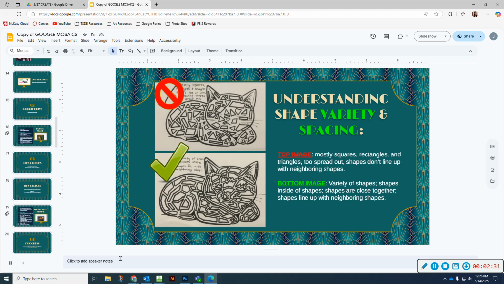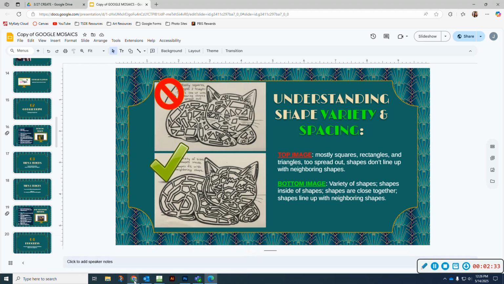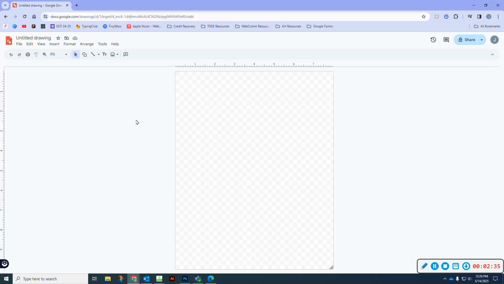How we're going to get started is you're going to, in Canvas, pull up that external link, and it should pull up a blank Google drawing. We're going to fill in the background with black. So what I'm going to do first is I'm just going to go to shape,